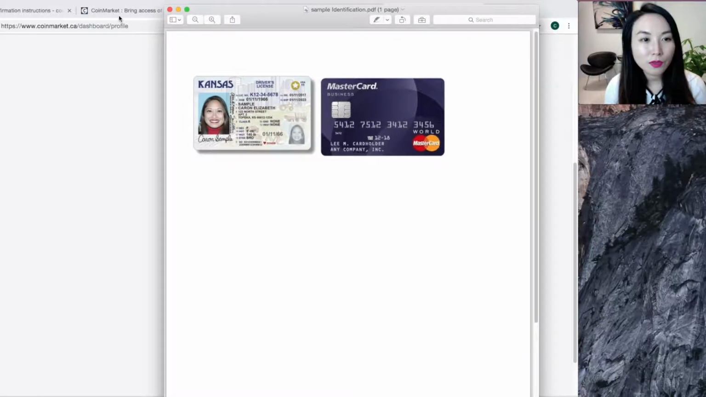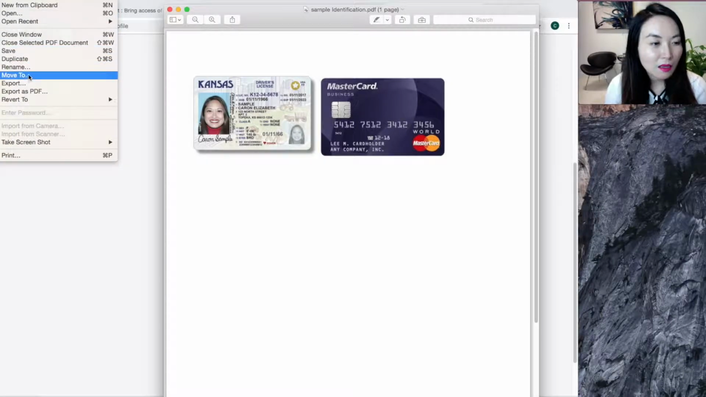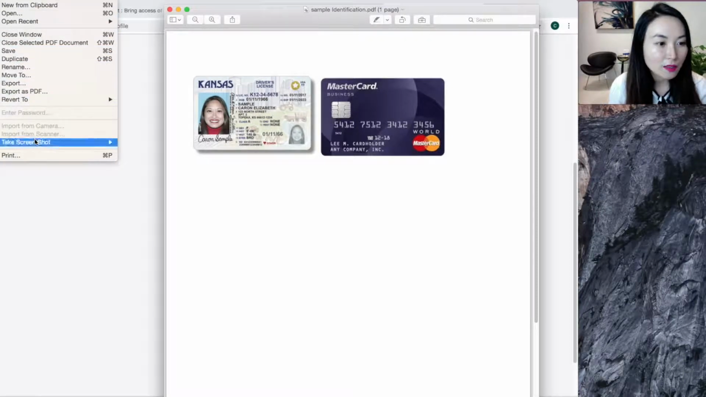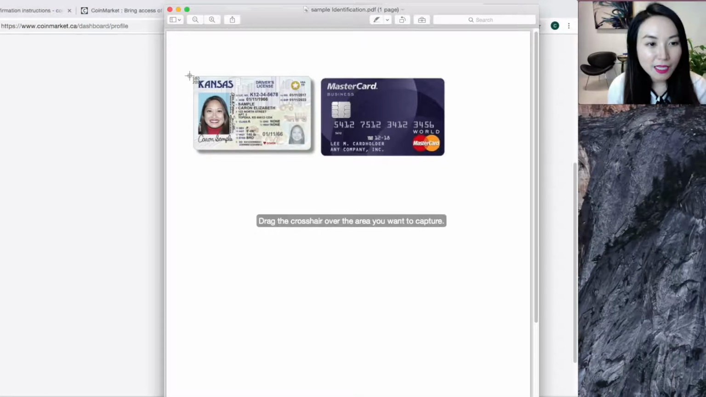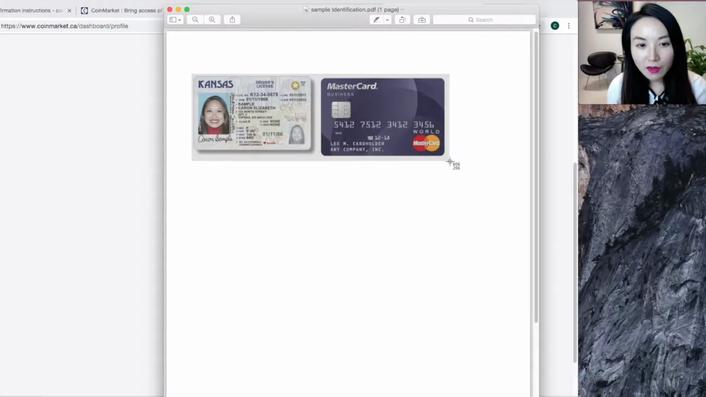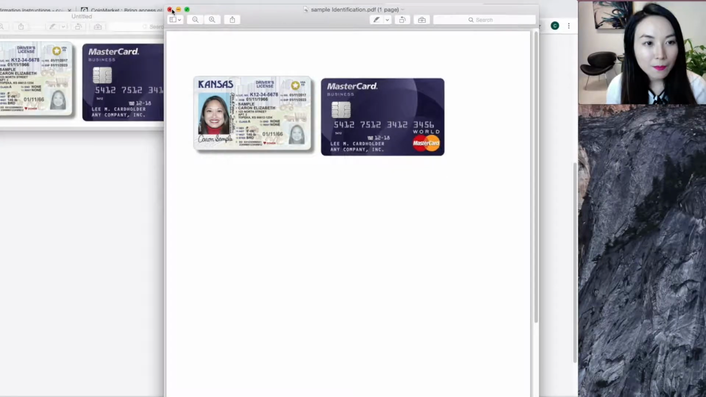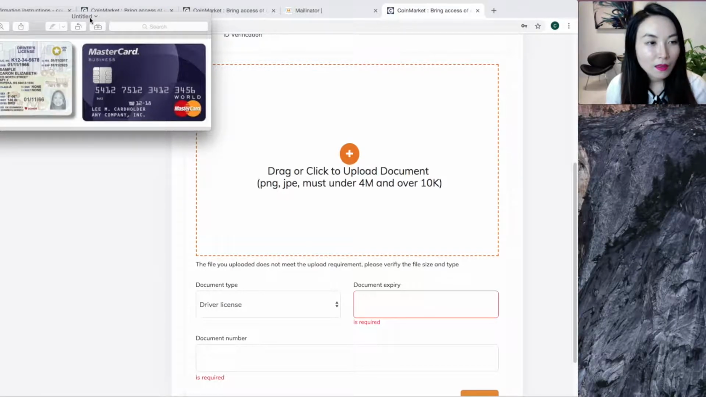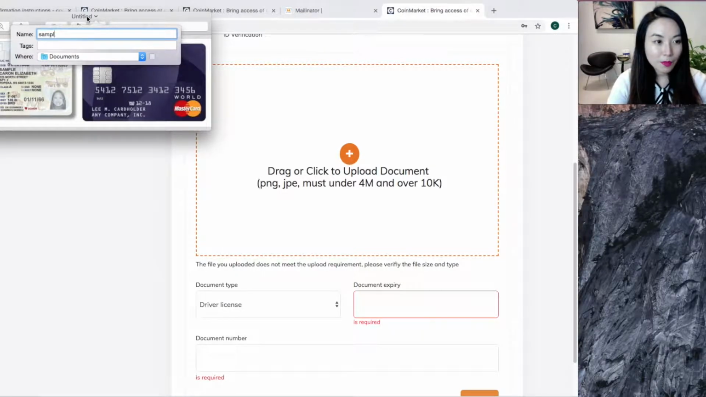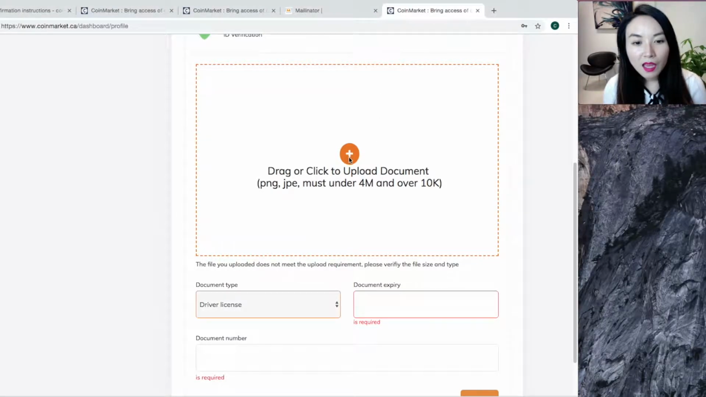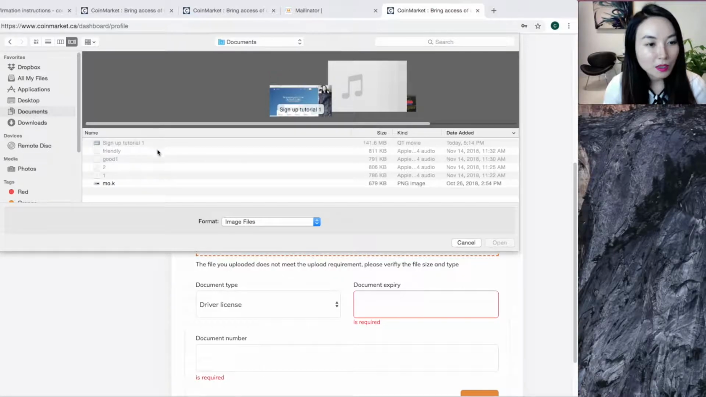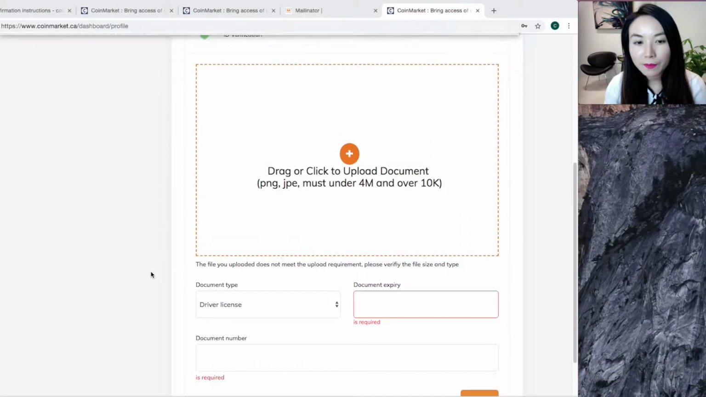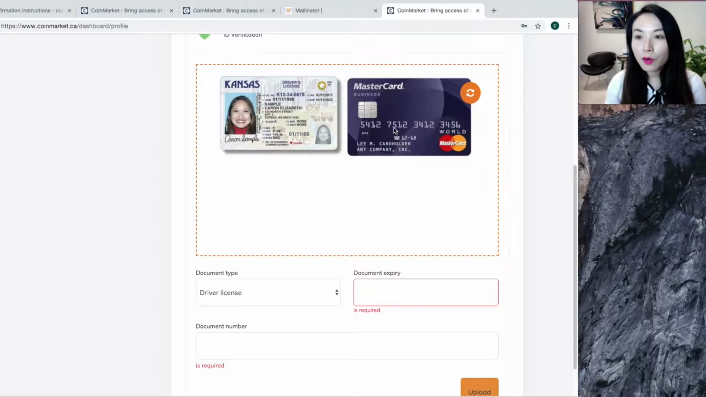Sometimes if the file is too big, you can just take a screenshot right here. Take a screenshot from the section right there. Okay. And then you'll say sample ID. Okay. And then you can add it here. So it'd be in your documents, a sample ID, open. See, before the file was a bit big, so now the file has become smaller